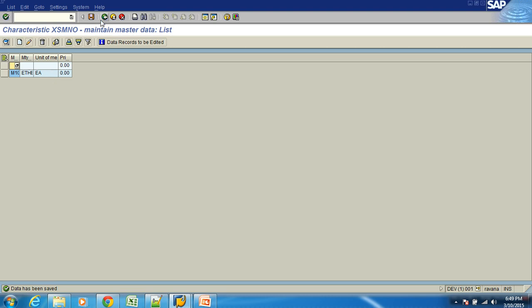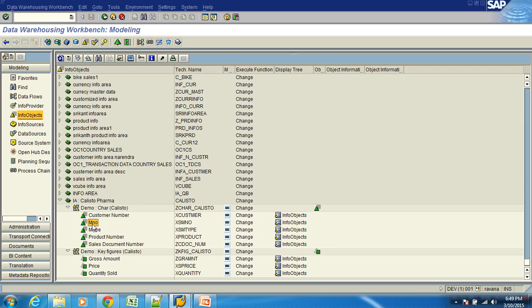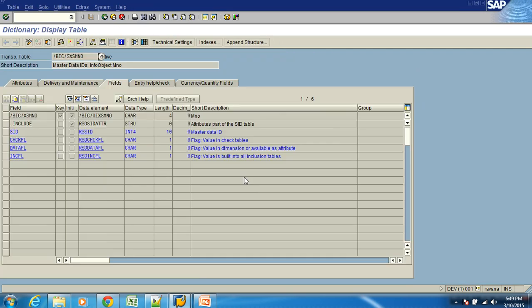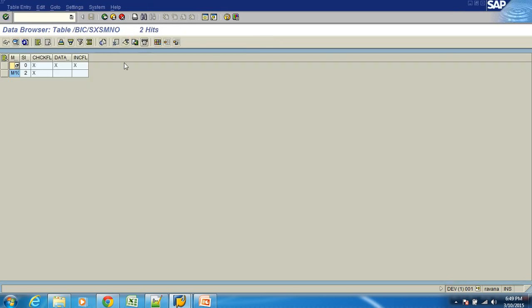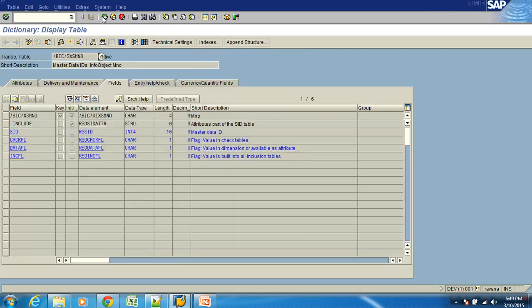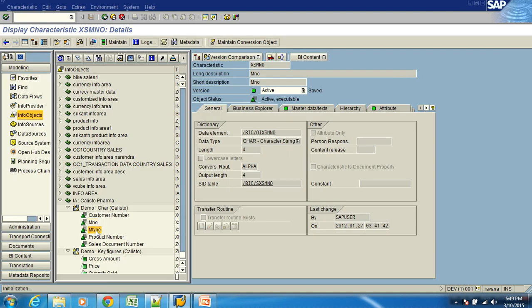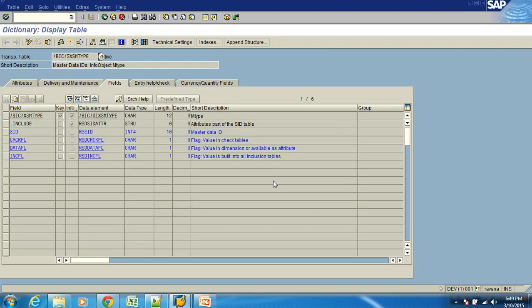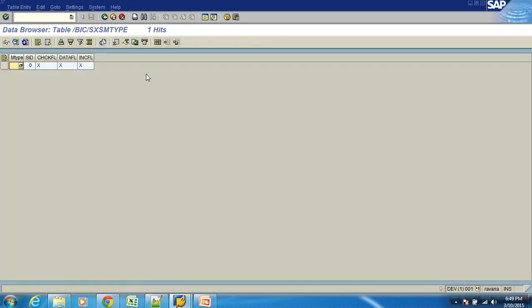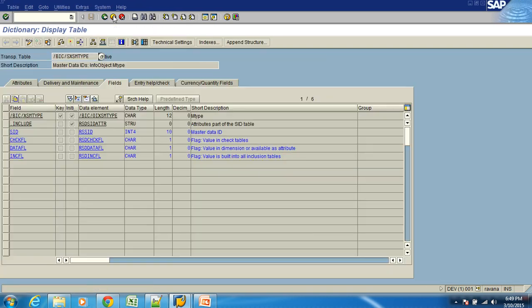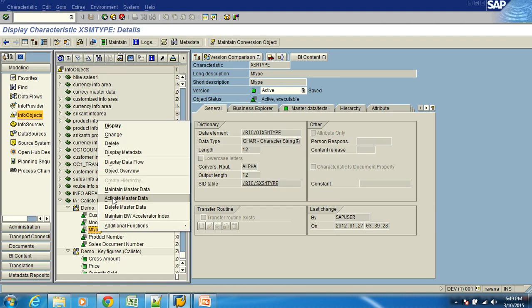So now if I go and observe the SID table, for metal number M100, it generates one SID column. It's a number 2. How the 2 comes in, from where it comes, we'll discuss later. But it always brings in one numeric value like this. Now I should observe why it is not generating. Let me observe the metal type SID table. Go in. Now this is the SID table of metal type. Is it generating anything? No. Now let me maintain mass data for metal type.